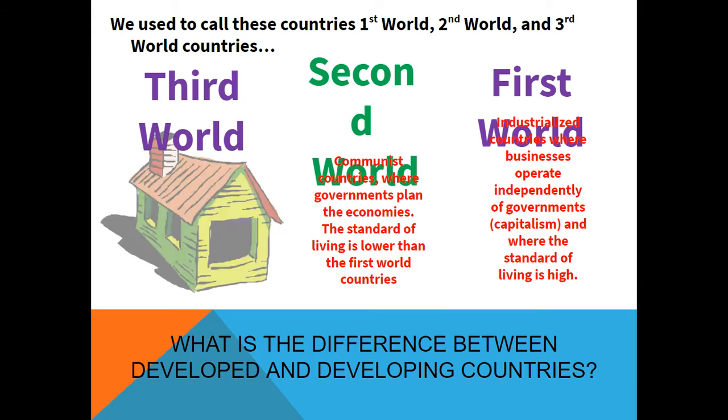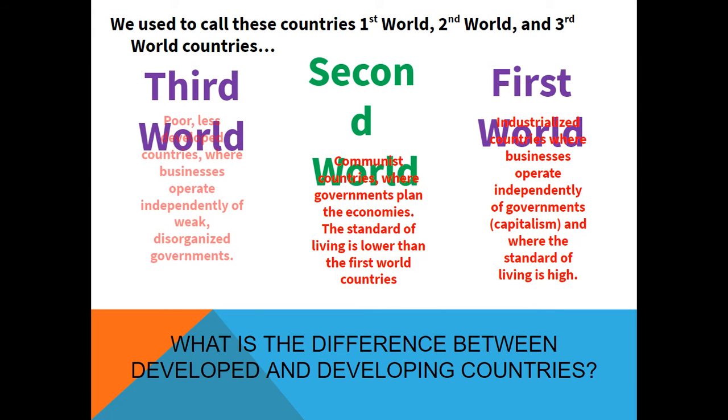So a while back, post-World War II, geographers used to group countries based on their level of development into 3 categories: first world, second world, and third world, with first world being the countries at the top, like your United States, your European countries, high standard of living, essentially. Your second world countries would be like your bubble countries, your countries in the middle. Could be like China, Mexico, South Korea. Getting there, but not quite there yet. And then third world would be considered some of your African countries, some of your Asian countries in Southeast Asia,